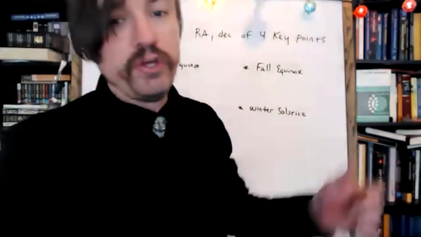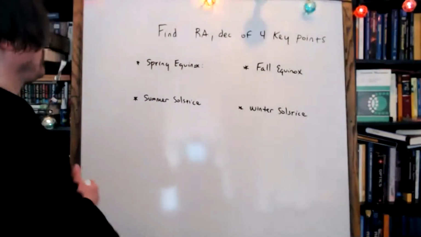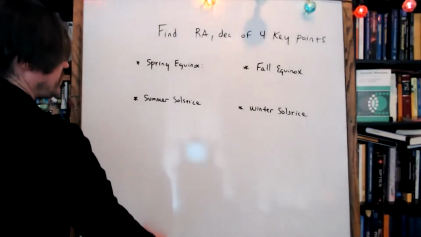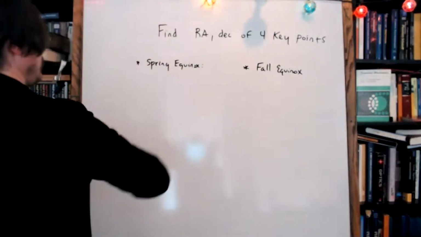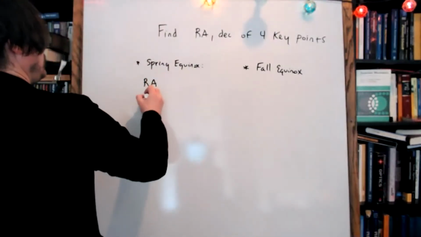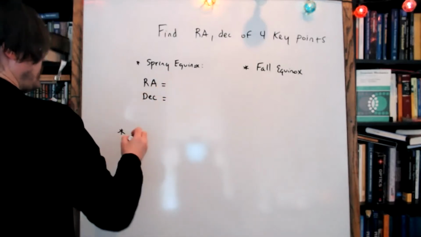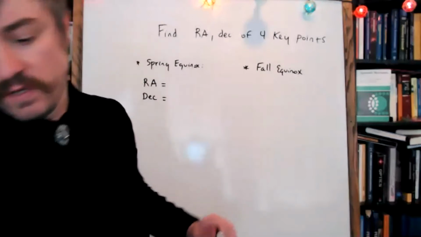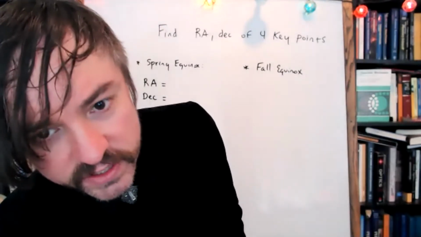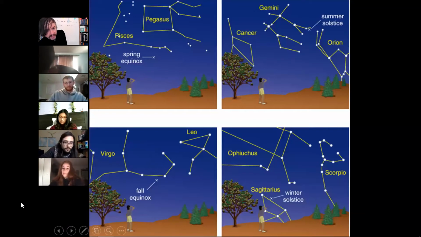Okay, your goal is we'll look at the diagram together. And I should probably give a little more space here. I want the right ascension and declination of all of those points. So let's start with the spring equinox. Look at the globe, look at your definitions. Can someone give me either the right ascension or the declination